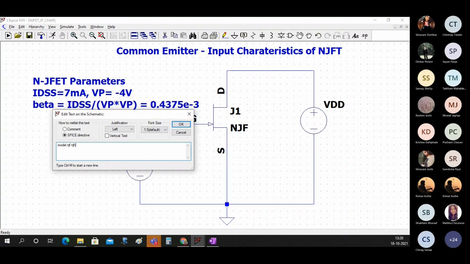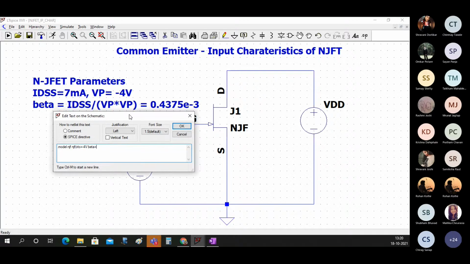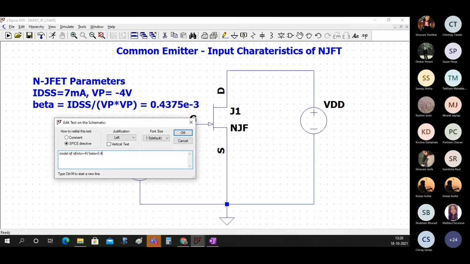having, now I should give Vp as minus 4, but Vp is not called Vp, it is called VTO. So VTO is equal to minus 4 volts, space beta is equal to, we have already calculated the value, that is 0.4375, 10 raised to minus 3.